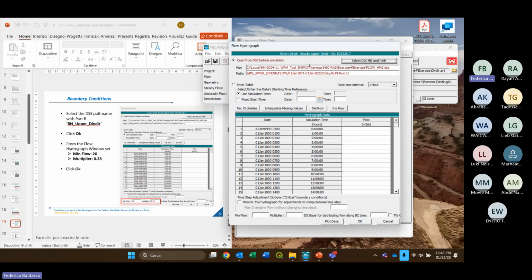Okay, if everything is okay, we just need to add another couple of parameters in this flow hydrograph editor, which is the multiplier. At the bottom, there are these two options, minimum flow and multiplier. In the multiplier cell, just put 0.33, which is, we are saying that only 0.33, so 33% of the flow hydrograph that we select will be used as a